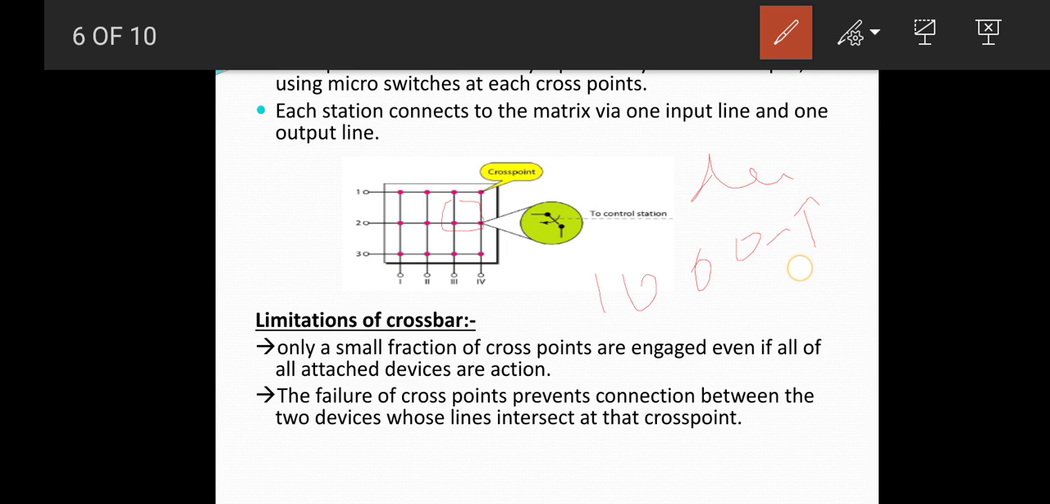This is input, and for required output, it requires 1 lakh cross points, which is totally impartial. For 1,000 inputs to appropriate 1,000 outputs, it requires